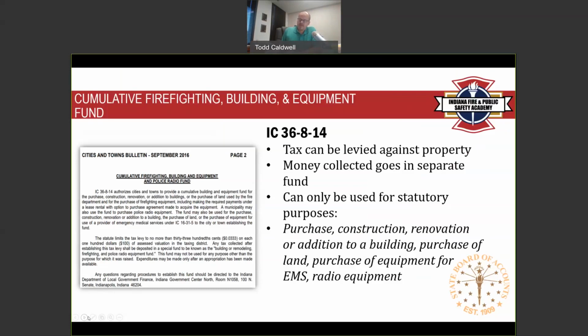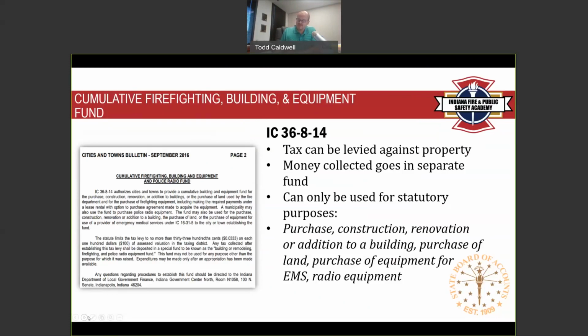After that tax is collected, any tax collected after establishing the levy shall be deposited into a separate fund to be known as the Building or Remodeling, Firefighting, and Police Radio Equipment Fund. This fund can't be used for any purpose other than the purpose for which it was raised. Expenditures can only be made after an appropriation has been made available. Because there's a levy involved with this fund, the appropriation would be approved by the Department of Local Government Finance,